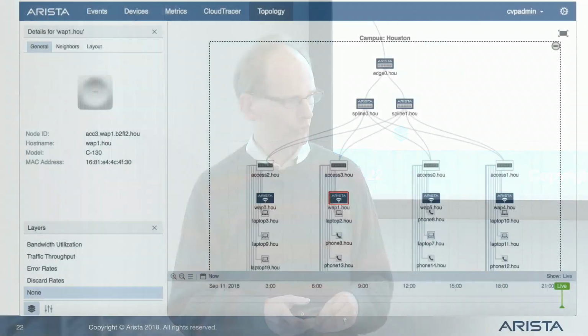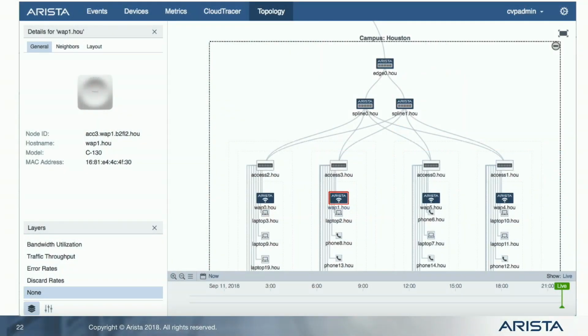Any other questions? Great. So I'd like to close here with a couple of examples of what we've built here. So what we see on this screenshot is CloudVision. CloudVision has a topology viewer that